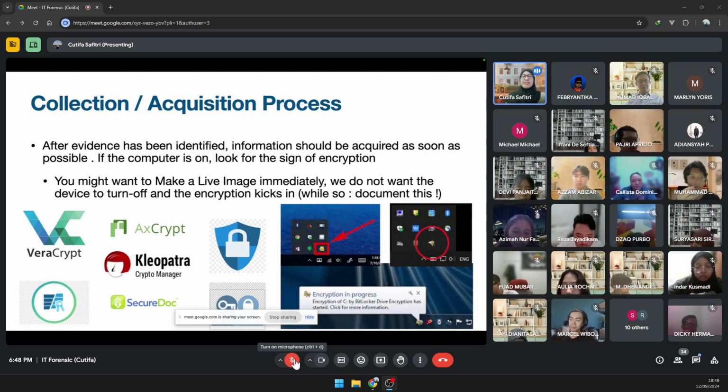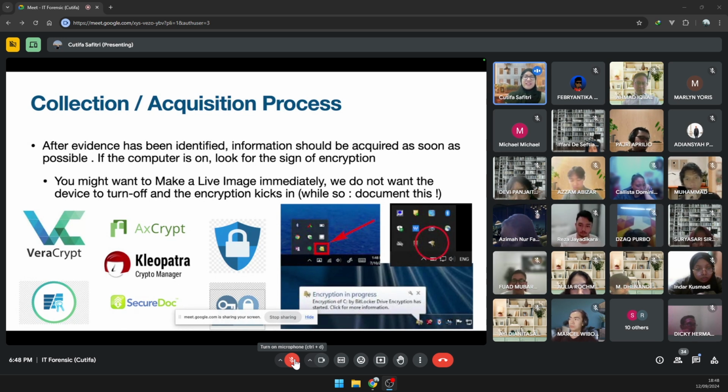This bottom tray in Windows will show you the applications that are currently running. So at least get a chance to get this information because you want to know what kind of application is currently running. Maybe the attacker left something in here which can be useful for our investigations later. So you might want to make a live image. What is live image? Again, doing imaging. Stay tuned. We are doing that soon.